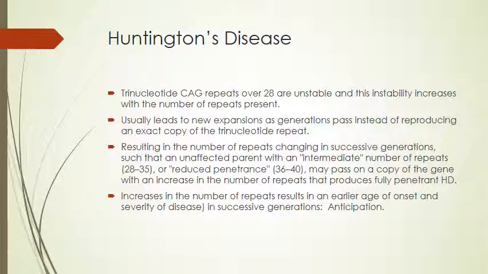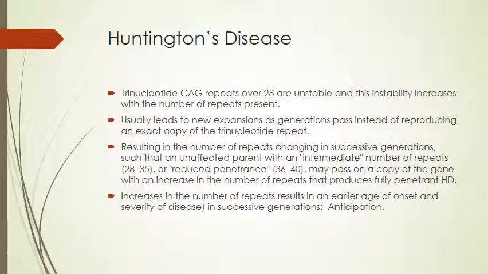Trinucleotide CAG repeats over 28 are unstable during replication, and this instability increases with the number of repeats present. Usually, this leads to new expansions as generations pass, instead of reproducing an exact copy of the trinucleotide repeat. What happens then is that the number of repeats changes in successive generations, such that an unaffected parent